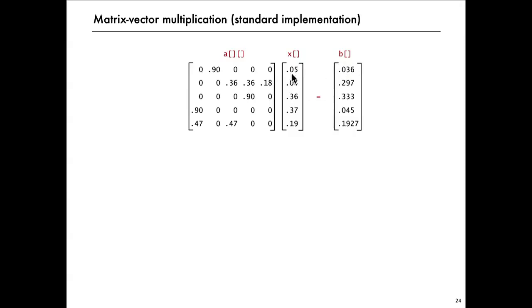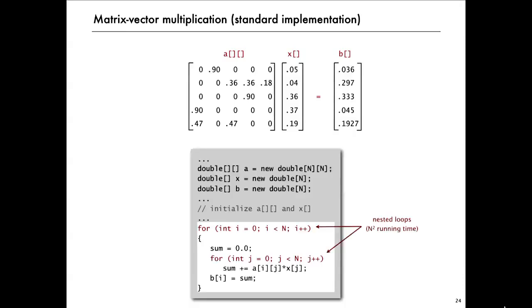So in this case, they're all 0 except for 0.04 times 0.9, which is 0.36. And then similarly, the dot product of this with that column is 0.297, and so forth. So the standard implementation of this is quite easy. We have a two-dimensional matrix, a one-dimensional column vector for the multiplicand and the result. And then they get initialized in some way, but the main computation is a pair of